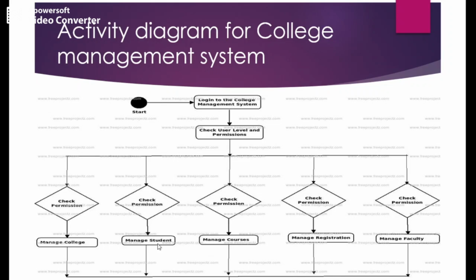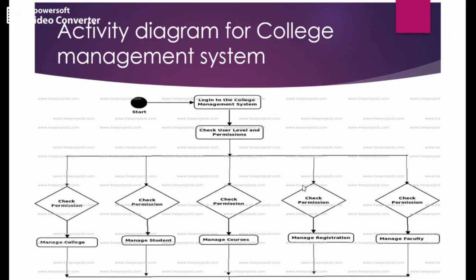Check permission, manage the student. If you want to manage the student, this permission is for that. Another permission is for managing the different courses. You have to specify what all courses are offered by the college. If any new course is introduced, add it, or you can remove that course.